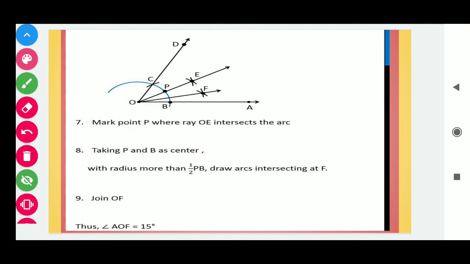So students, this is the very easiest method how to draw an angle. If the examiner asks to draw an angle, first of all you have to identify that the angle lies in the middle of which two angles. So after that you will go according to the rule.